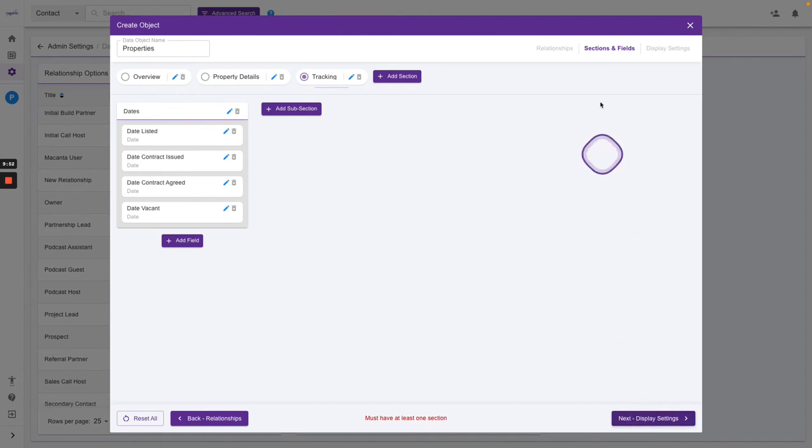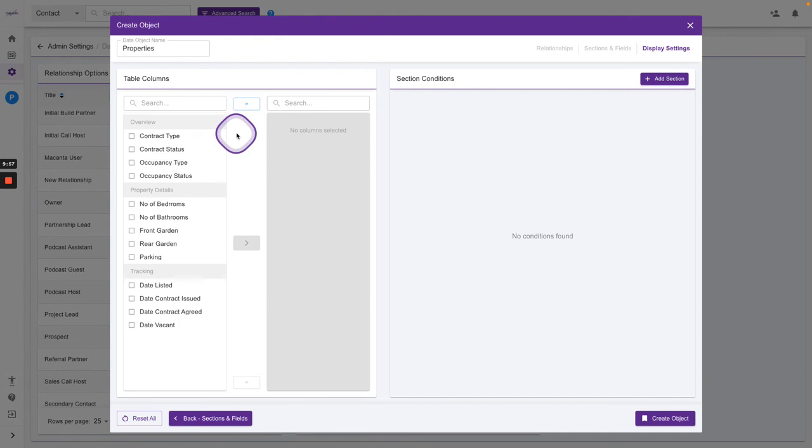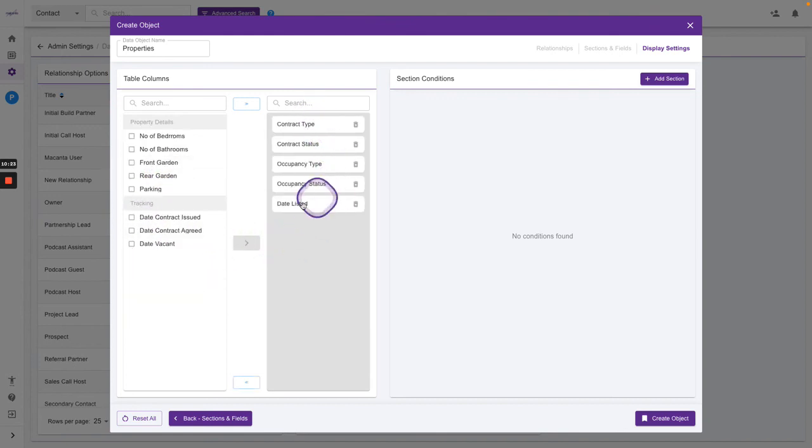And now we can go on to our display settings. So here we then choose, okay, when I look at this property and I view it, which columns do I want as the overview, a bit like the header in a spreadsheet. So I'm not overview, let's go contract type and contract status. Don't really want any of that. I do want the date listed. Let's add these ones here. I can add those, and then of course I can move those around should I need to, and we'll just